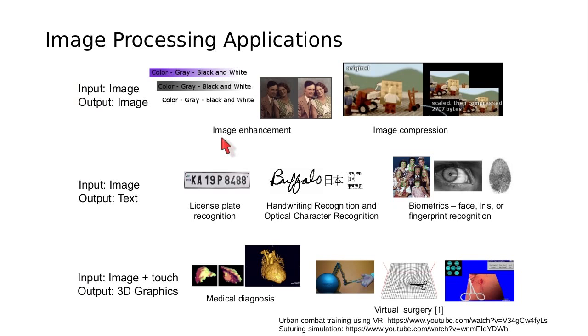So you can actually consider image processing applications to be an overlap of some of these areas. So for instance, if you are trying to do license plate recognition, it is very much possible that people might want to do image enhancement before they do license plate recognition. So for instance, if you have a car that is coming towards a toll booth or coming towards a security gate, and this vehicle is coming at night, so at night the lighting is less, so you may have to do image enhancement before you actually do the recognition. So it is possible that some of these areas are merged with each other. There could be a significant overlap between these application domains.